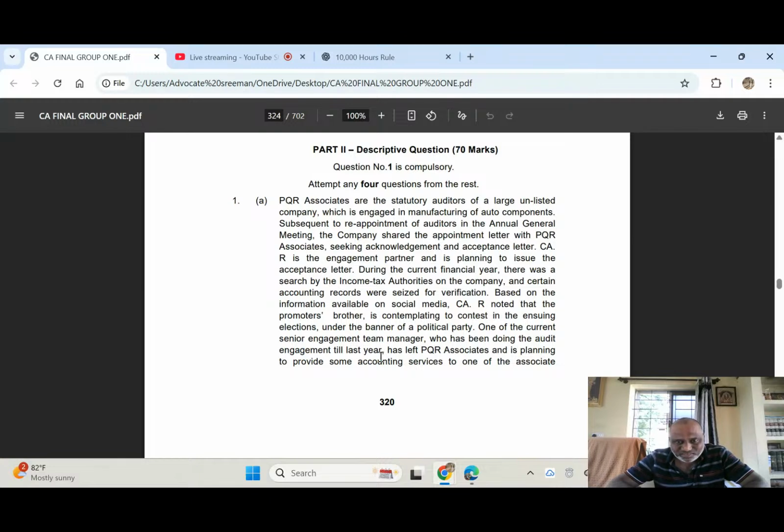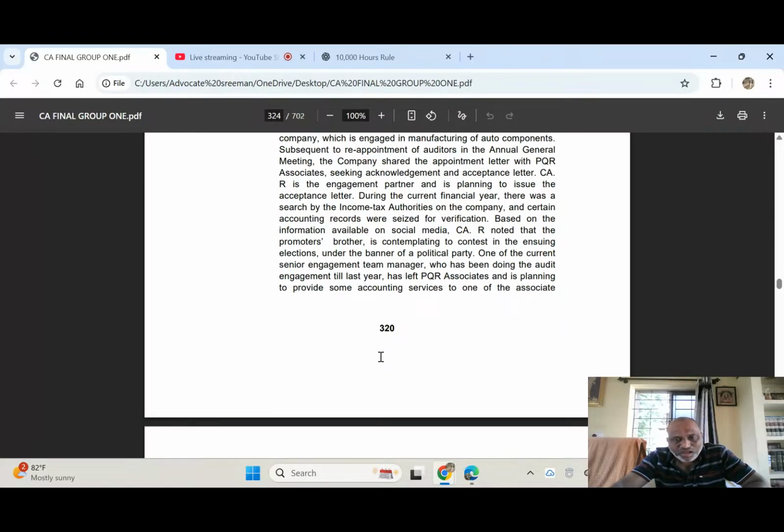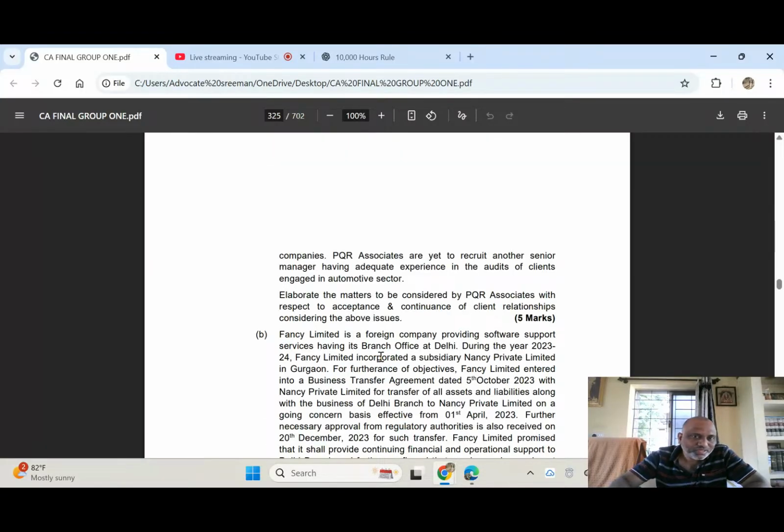One of the current senior engagement team managers who has been doing the audit engagement till last year has left PQR Associates and is planning to provide some accounting service to the associate companies. PQR Associates are